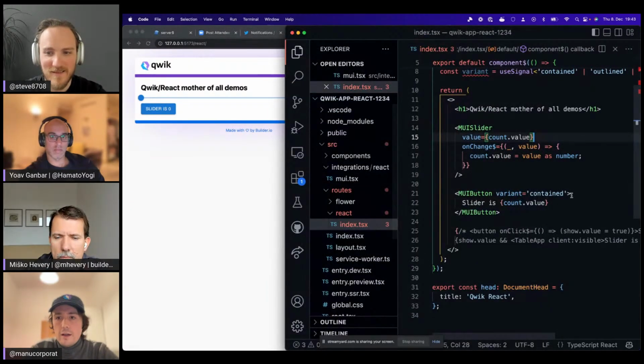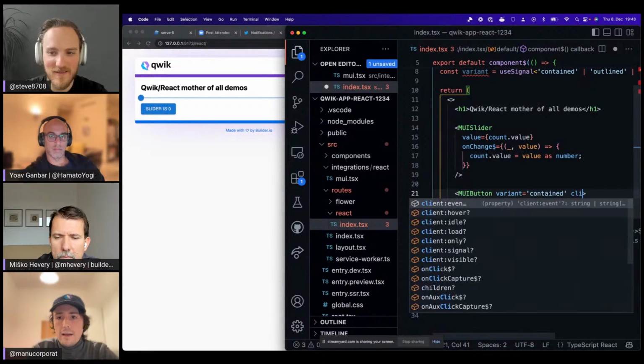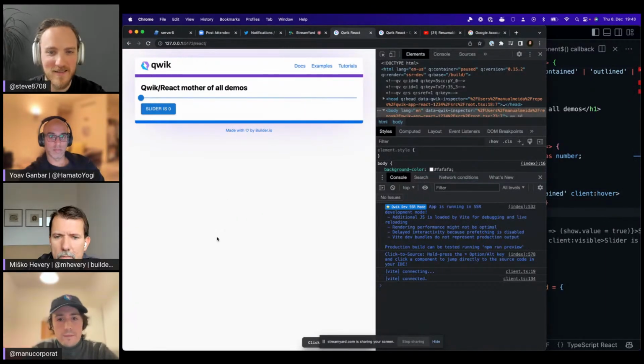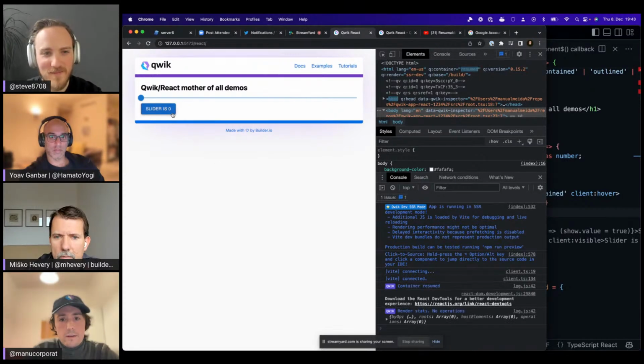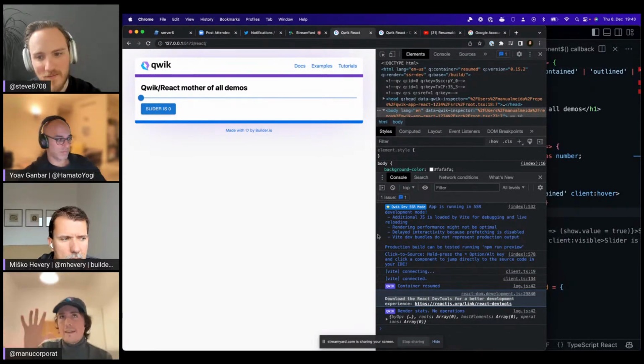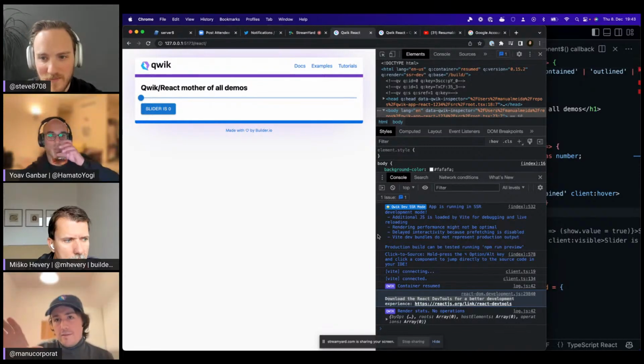So if I go here and I say client over, look what happens. Look at the console. I'm going to hover over it. And now we see "Download React DevTools for better...", so at this point React ran, right? And actually the component became interactive.